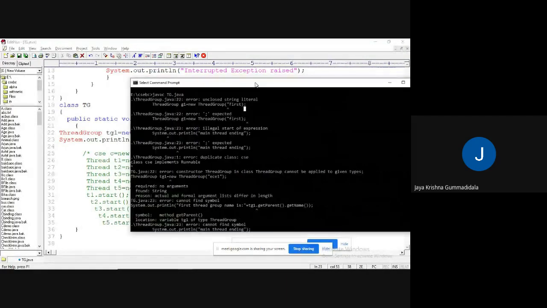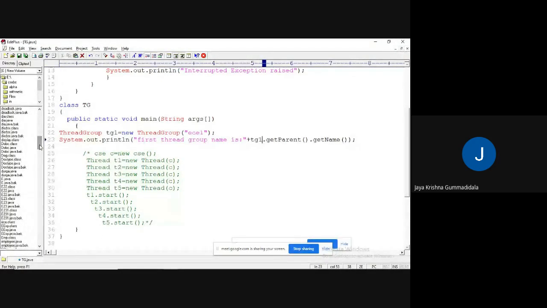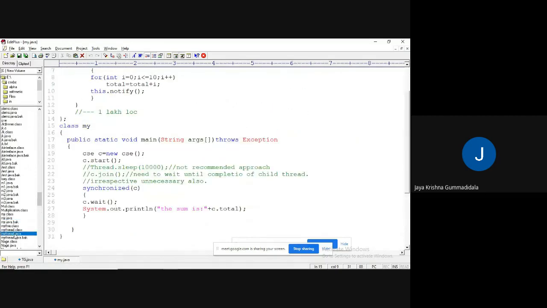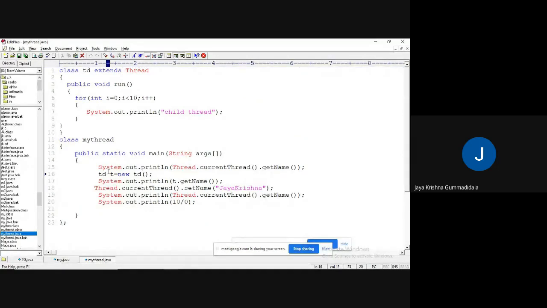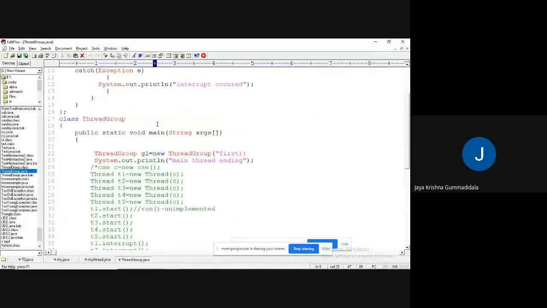Okay, fine. Why is it calling this? Okay, maybe it is executing this one.